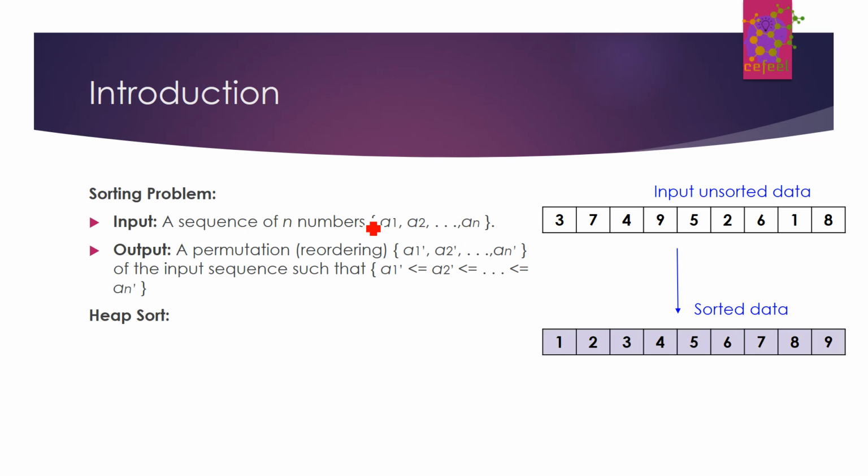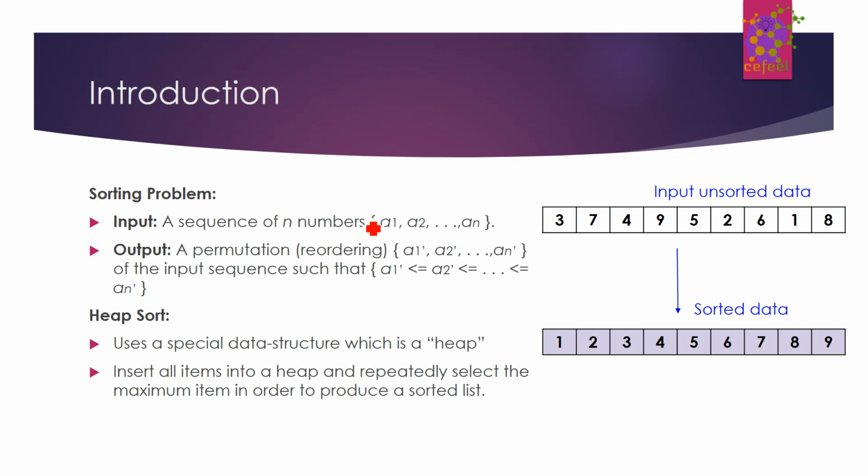Alright, now a little bit about what heap sort is and what its properties are. Heap sort is a sorting algorithm that uses a special data structure, which is a heap. A heap is a special data structure which is a complete binary tree. The basic idea or strategy is that it's kind of an improved selection sort, but instead of selection sort where the data was in the array, it inserts all the items into a tree